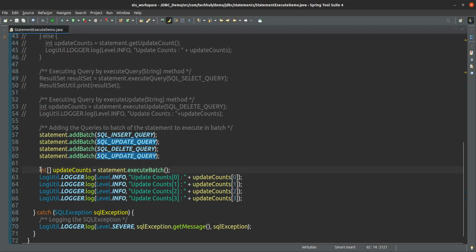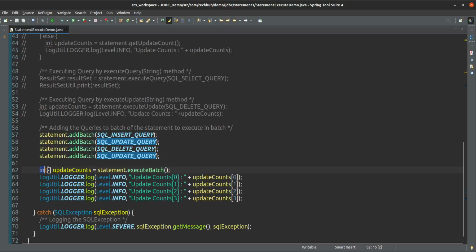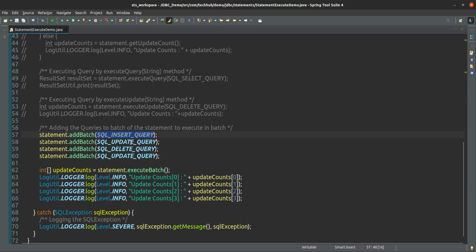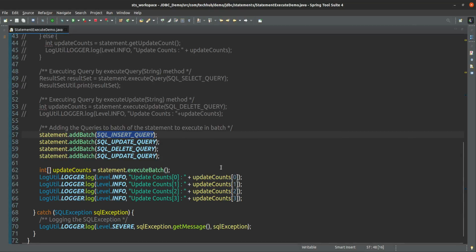So the size of the array returned by execute batch should be 4 only. The size of the integer array returned by execute batch must be the same as how many statements we have added into the batch. 4 statements we have added, so the indexes will be from 0 to 3. Now just run this one, you will see.